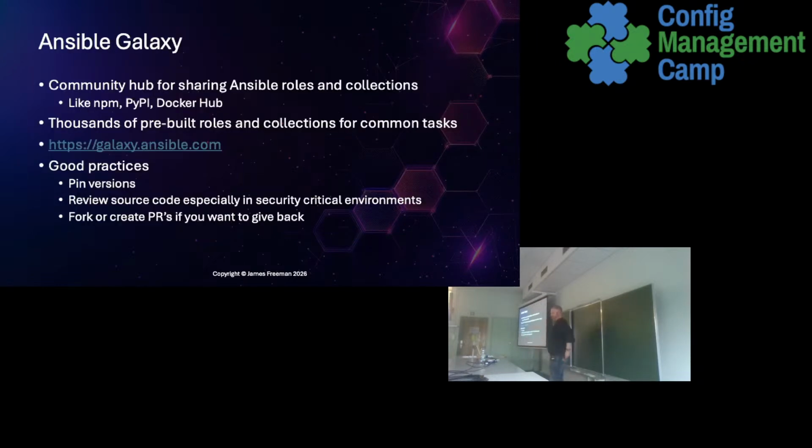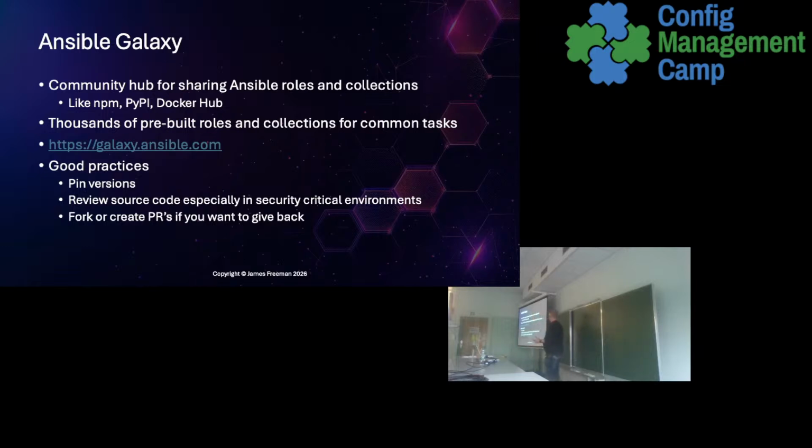Then Ansible Galaxy. Ansible Galaxy, if you haven't visited it already, it's a huge repository of roles and now collections. If you can think of something that you might need to automate with Ansible, let's say install a Postgres database server, somebody's already solved that problem. Somebody's already written a role for that. They're all hosted on Ansible Galaxy. They're all linked back to GitHub, so they're all open source, so you can review the source code before you just run it. You don't want to be running someone else's code without necessarily reviewing it in a production environment. But it's a huge resource.